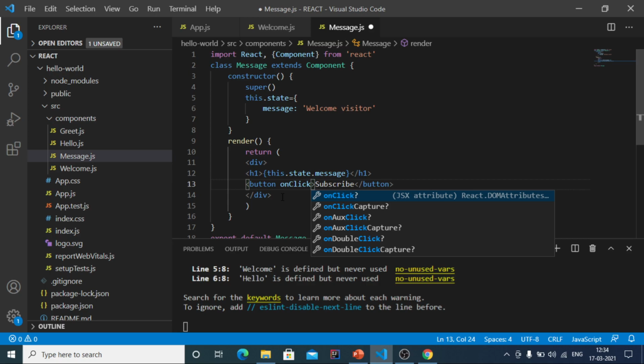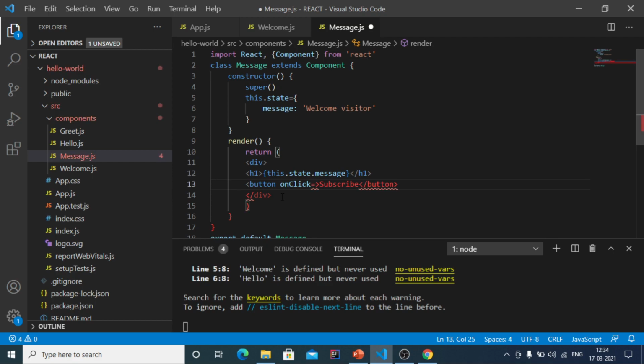Simply assign some handler to the onClick event, and onClick makes use of the camelCase naming convention, that is, the C in onClick will be in uppercase. So opening curly brace, and here we have to use the fat arrow syntax,